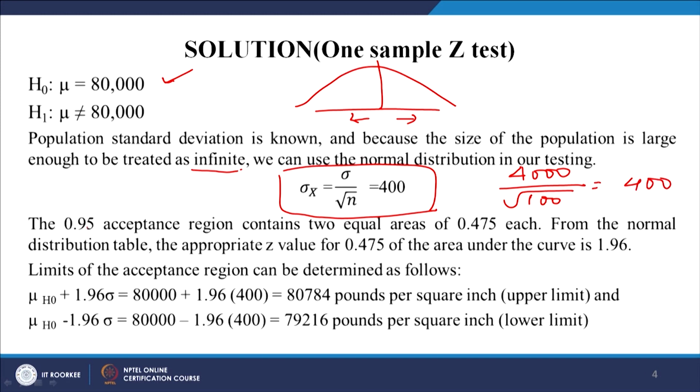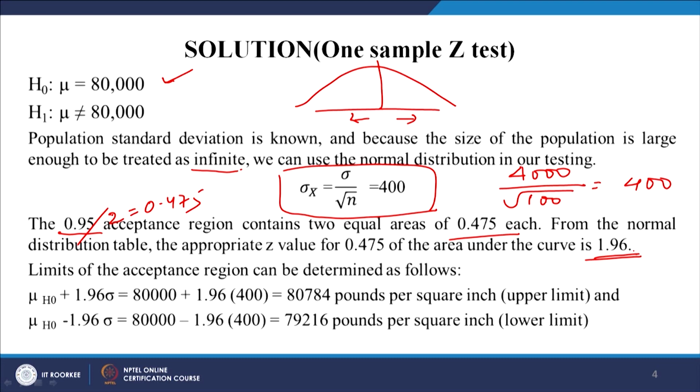Now, we checked at a 5% level of significance, correct. So, if you go back, also 5%. So, 5% was spread into two parts. That means the 95% acceptance region is also spread into two parts. So, how much is 0.95 divided by 2? That is equal to 0.475, right. So, from the normal distribution, let us find the z value for 0.475. If you look at the area under the curve for 0.475, the value is 1.96, right.